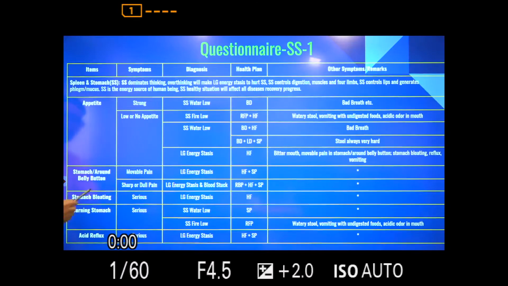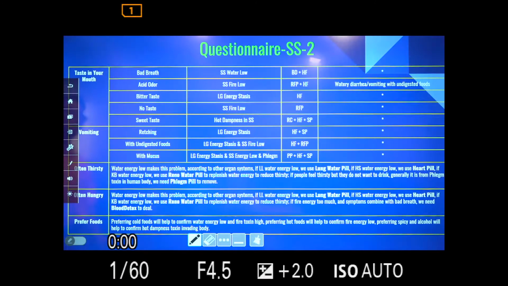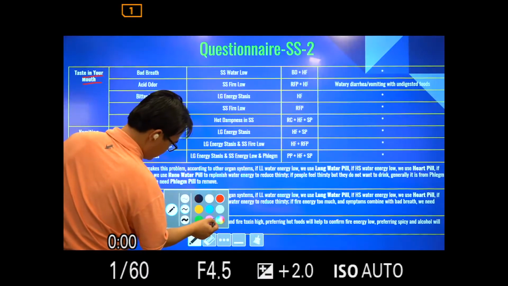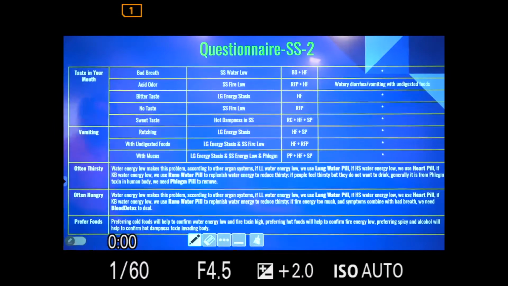And that didn't go. Okay, it goes. In the SS section, in the SS section, in the SS section, the next the symptoms, what is it should be like the taste in your mouth, the taste in your mouth, the taste in your mouth, taste in your mouth, taste. Okay,